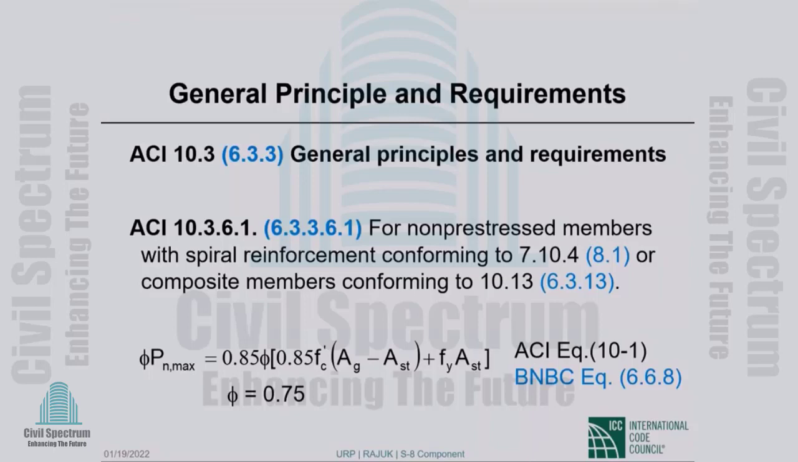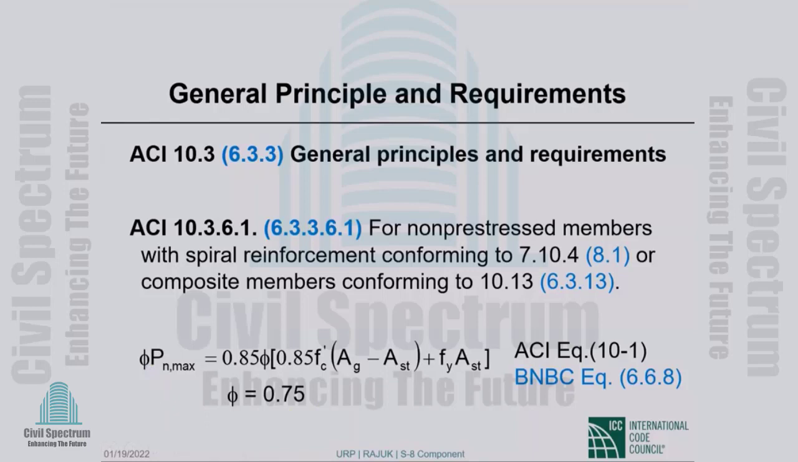Okay, under general principles and requirements, this is all ACI 318 and BNBC 2020 section numbers in blue for non-pre-stressed members with spiral reinforcement. Spiral reinforcement has to conform to section such and such, or composite members conforming to section such and such. So this is a very basic equation that gives you the maximum axial load that you can carry on a column. Okay. The phi factor